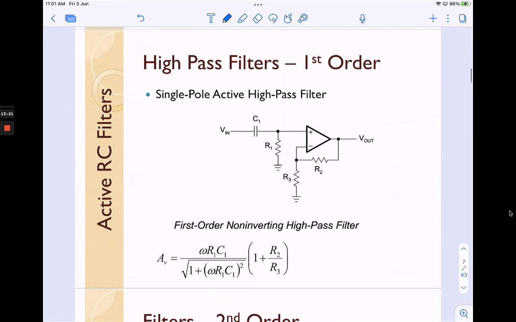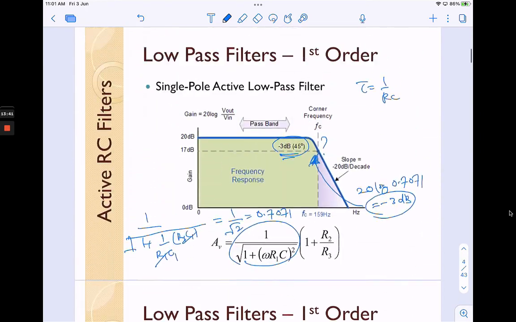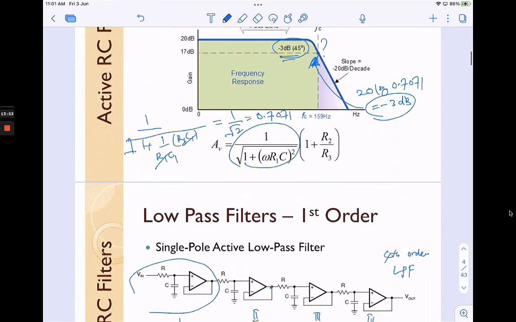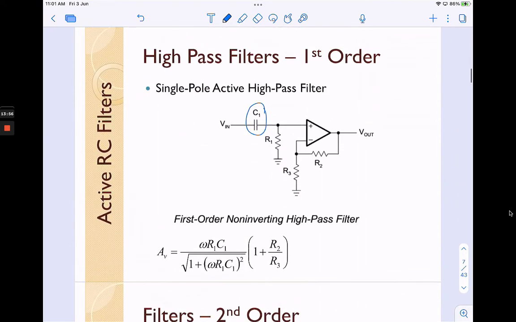now we have the high pass filter. Okay, for the high pass filter, the difference between the high pass filter and low pass filter configuration, you can see that for the high pass filter, the capacitor comes first. For the low pass filter, the capacitor comes later, downwards here. Okay, this is the capacitor here, that is connected to the ground. And for the high pass filter, the resistor is connected to the ground and the capacitor comes first,